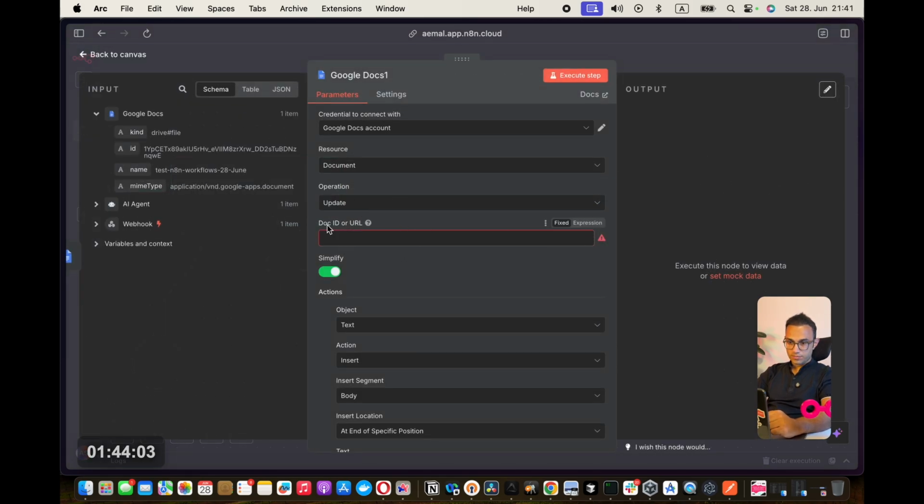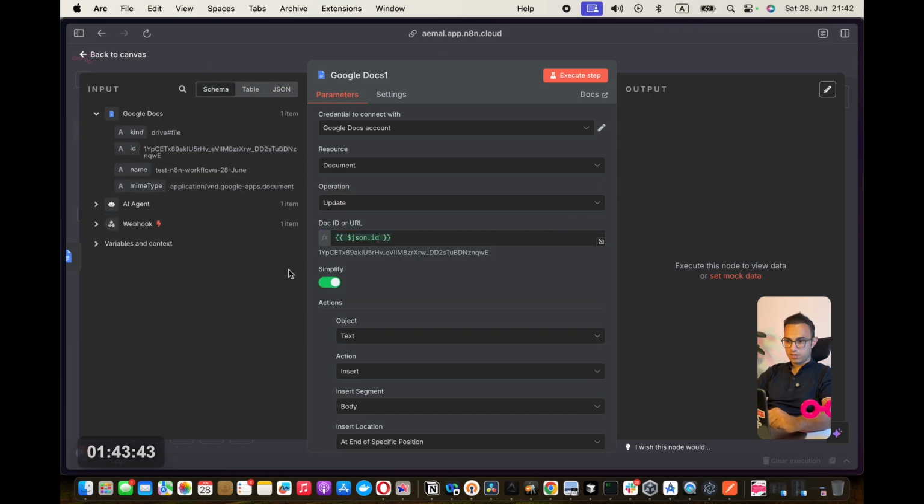I go here to the doc ID. I see that this doc ID, which was created before, is available for me as an input, which I can literally map here. How do I map it? Make sure that you're selected on schema, and drag and drop the Google Docs ID here.